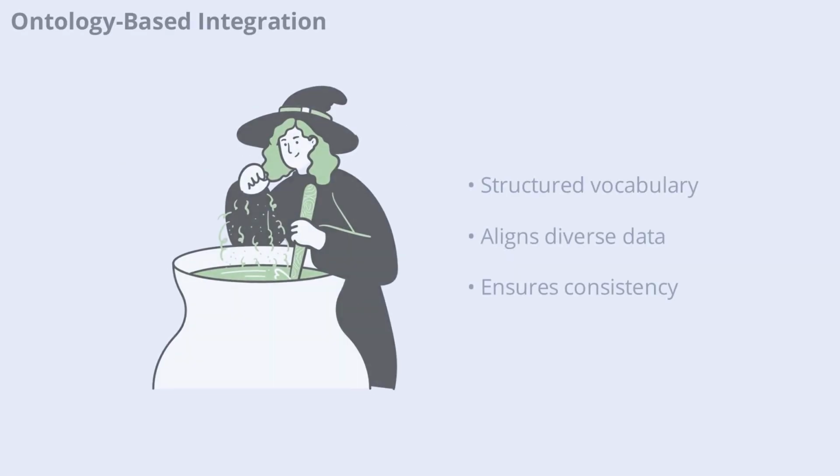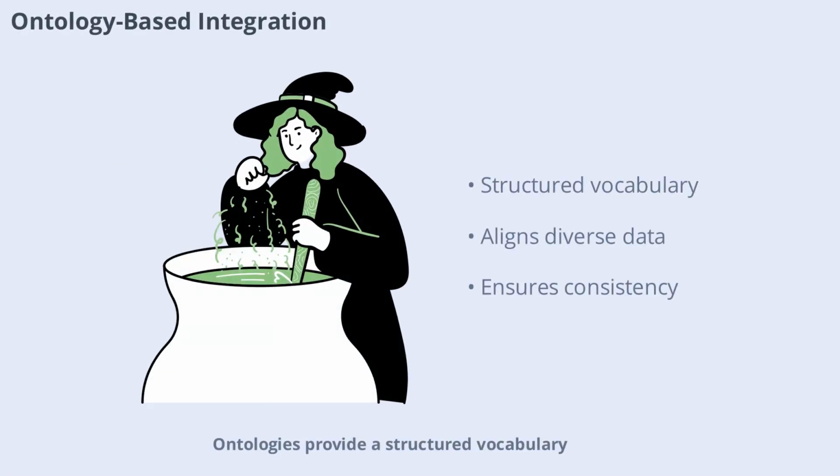Ontologies provide a structured vocabulary for describing biological concepts and relationships. Ontology-based integration uses these frameworks to align data from different sources, ensuring consistency and interoperability. For example, the gene ontology helps standardize gene function annotations, making it easier to integrate and compare datasets from different